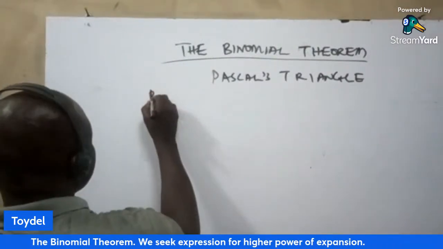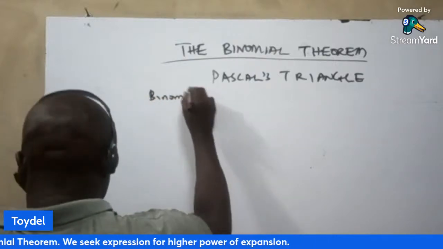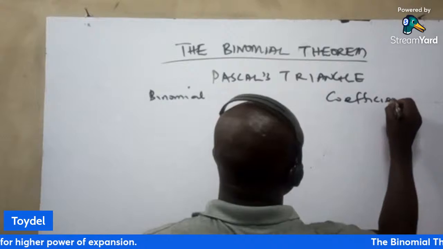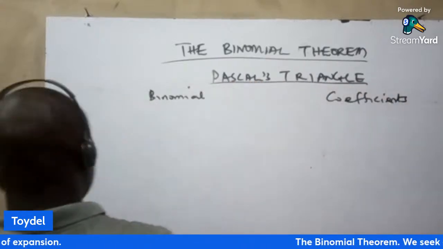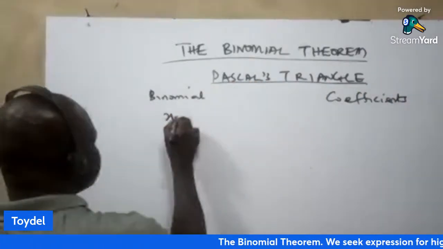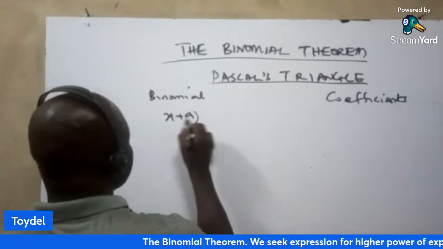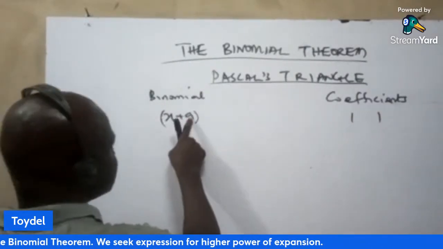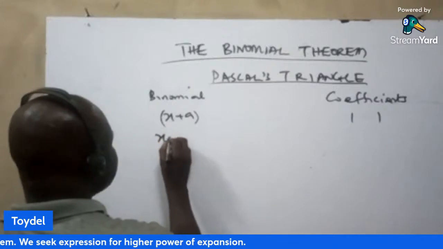So this is the binomial. Then we talk about the coefficients when we use Pascal triangle. So if we have (x + a), of course, we are going to have 1, 1. The coefficient of x here is 1. The coefficient of a is 1. Then if you have (x + a)